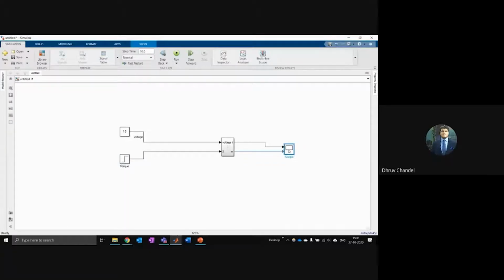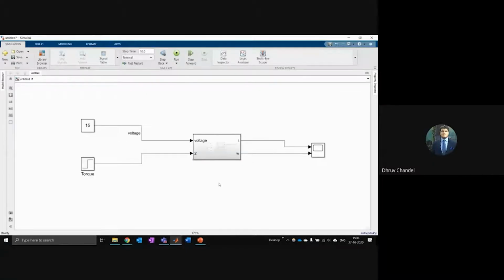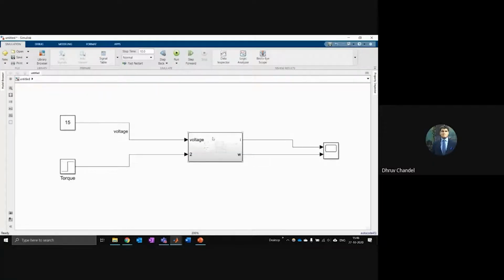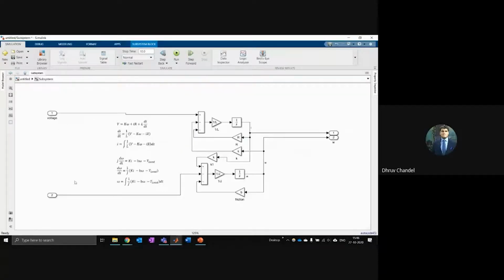This is like one of the motors you bought off the shelf in the marketplace. So this is a system which you cannot open up. You cannot redesign this anymore unless you want to go inside it. And you can see this system is just taking in some voltage input. I can go and modify the name of this. It's taking in some torque input. The output is current and angular velocity.